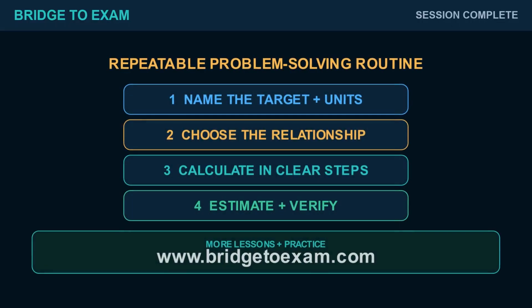Use this routine. Name the target and units. Choose a relationship. Calculate with clear steps. Then estimate and verify. Expose the number's multiplicative structure. Choose the factor, multiple, exponent, or root relationship, and verify with multiplication or